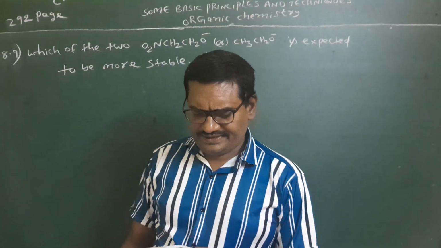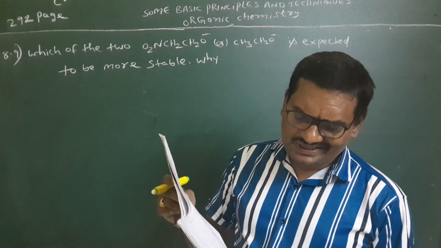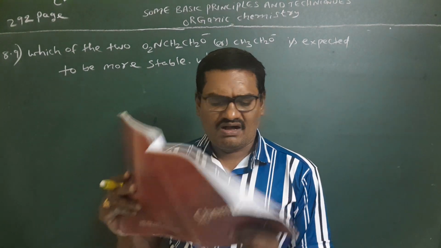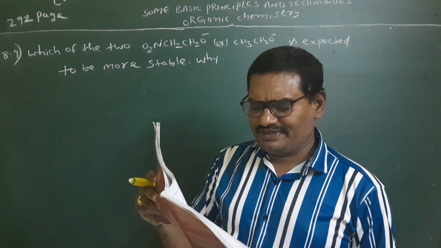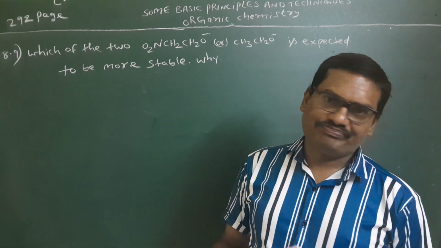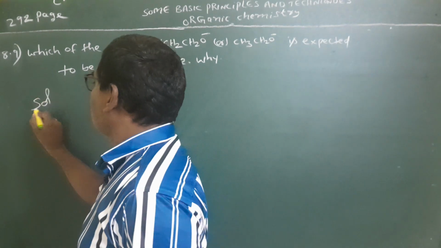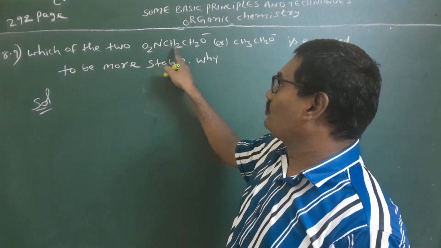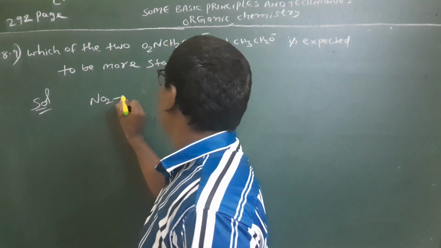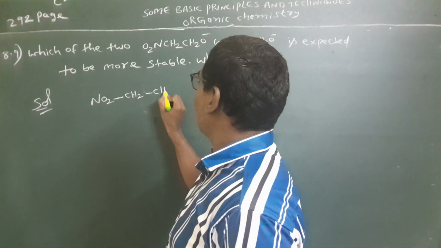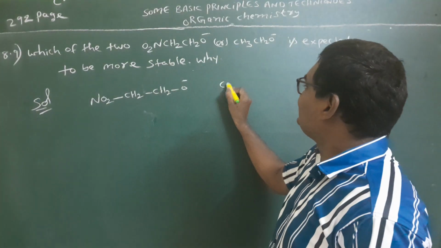Next, 8.9. Which of the two, O2N-CH2CH2O minus or CH3CH2O minus, is expected to be more stable and why? So the two compounds are: NO2, the nitro group, CH2CH2O minus, here it is a nitro group, CH2CH2O minus. So another one is